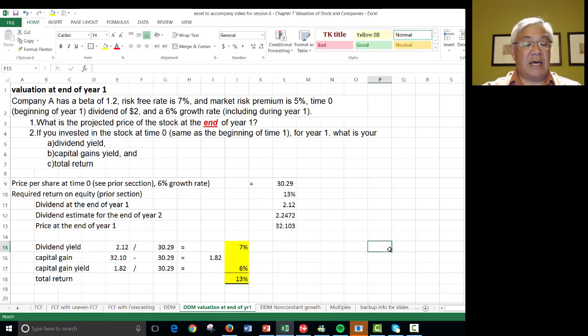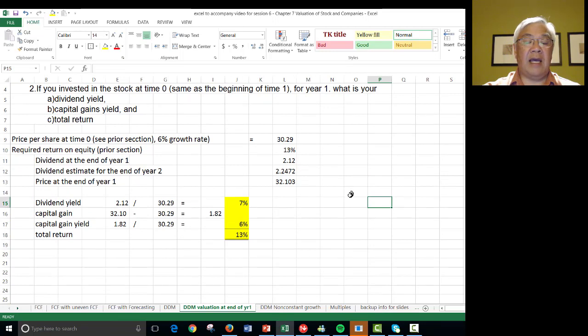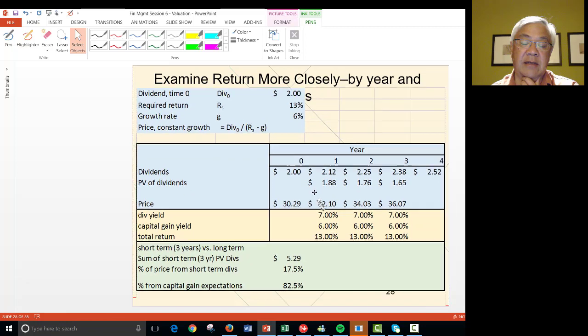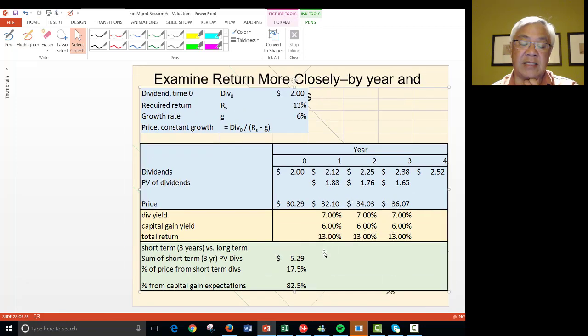All right. So that is the price per share and the breakout of the yield, the total return, into dividend and capital gain portions. So this is a graphic. If we did this every year, for years 1, 2, and 3, what would we see? We just derived this set right here, the 3, 2, 10, and if we went out further, what we see is that it's constant, 7 and 3, and the bottom is the depiction of what if we took the present value